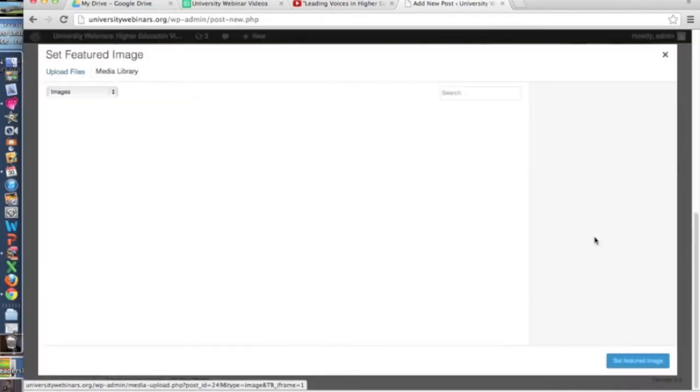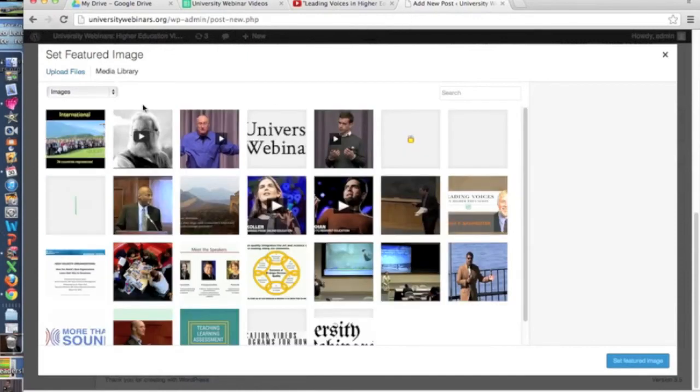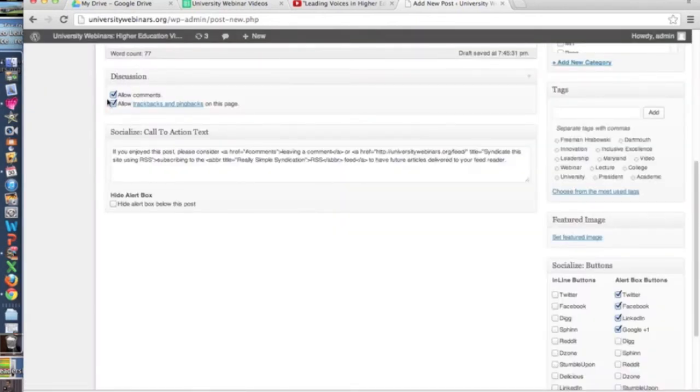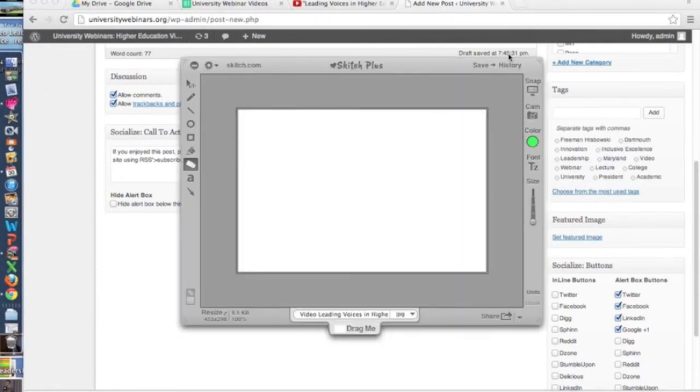So I'll click this set featured image. And what I need to do is upload a featured image. These are the ones we've created before. What I do is use a screen capture software called Skitch. You can see me on this red heart, Skitch. Open it up, and this is really nice because it is easy to give you a title and easy to